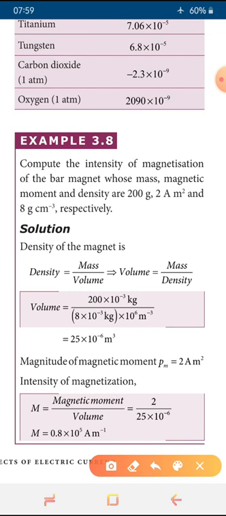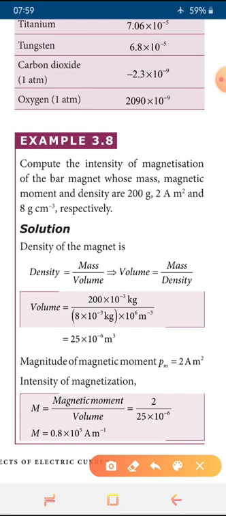There is a formula, so we know the formula. We studied in the definition: magnetic moment divided by volume. That is the formula. So what formula did we discuss? The intensity of magnetization is magnetic moment divided by volume. That's it. Then we are going to use this formula. After small alterations, we are going to get the answer in a simple manner. So the beginning stage of this sum is the density of the magnet, where we use the general formula.